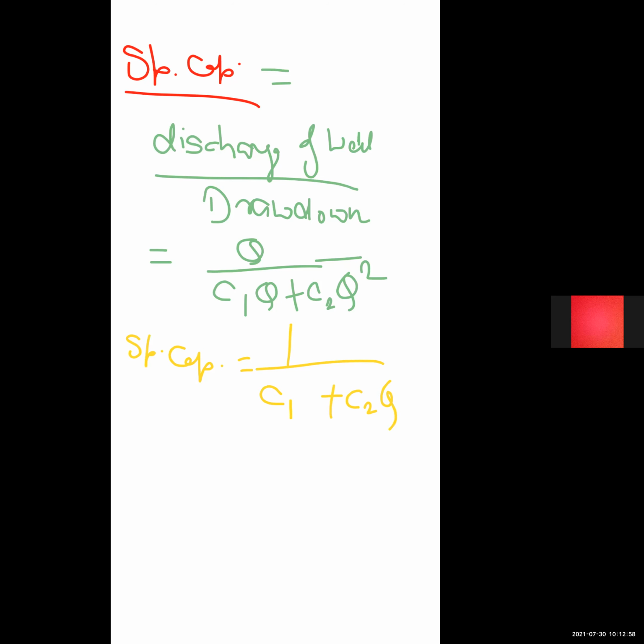Next is the efficiency of well. The efficiency of well was already discussed in the previous chapter. The discharge from a well is approximately proportional to the drawdown, that is S, and S is equal to drawdown equal to C1Q, neglecting well loss for this relation. The discharge per unit of drawdown was called the specific capacity of the well, and this specific capacity will be different for different well designs.